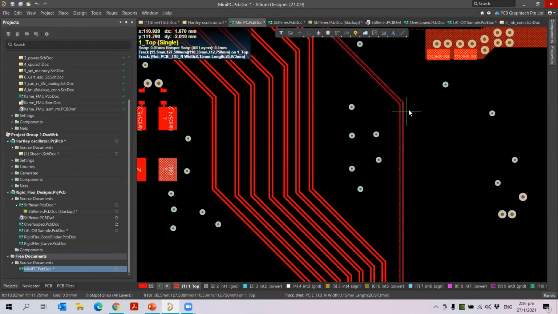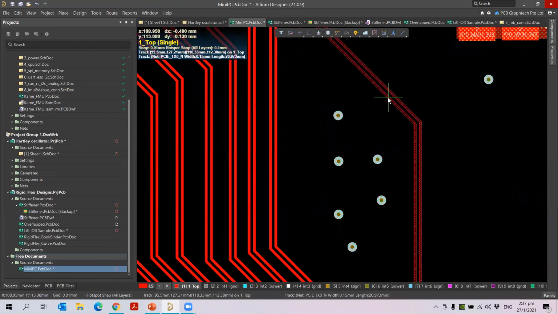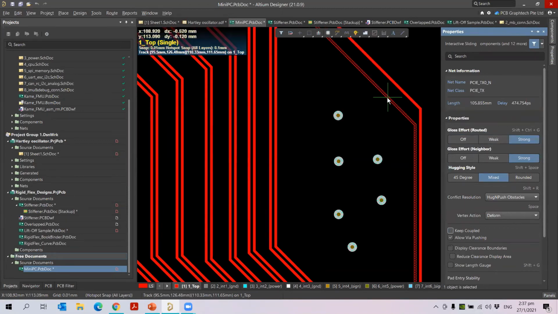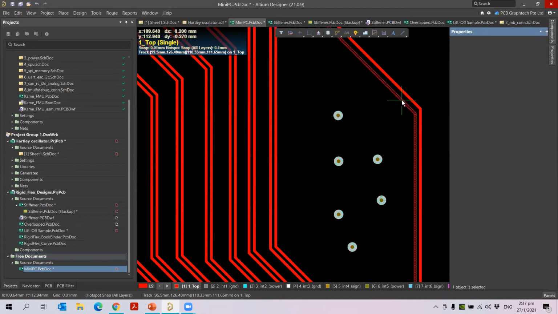You can do this here, but when you're doing it, please remember that you may want to work with a single net. I don't want to do it with the dual net. You can press the Tab key. You see here it is Keep Coupled, but I want to do it for only one single differential pair net, not the other net. So at that time you can uncheck here, then press the Pass button. You see, it will automatically bring only one net from it.